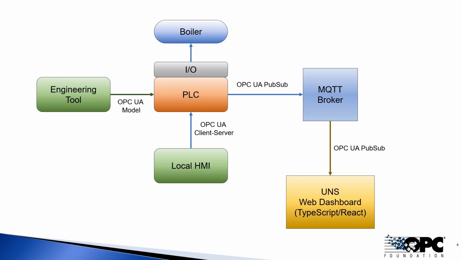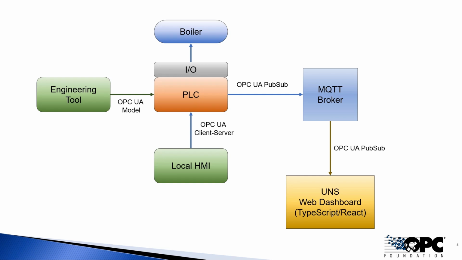You're also often going to have some sort of local HMI. This can be an industrial control panel. It could be a local SCADA that's connected via the LAN and does not depend on the broker. This local HMI will have access to capabilities that cannot be realistically implemented via a broker based outside the factory. The PLC will also use OPC UA to publish its data to the broker, which makes it available to the